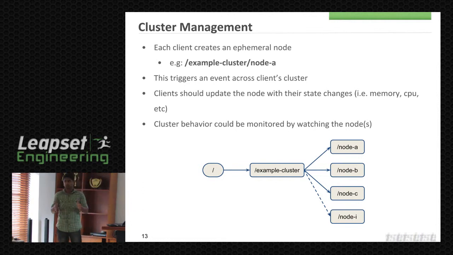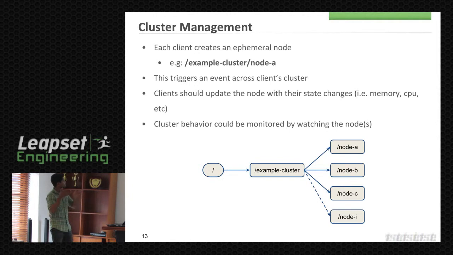There will be a monitoring process of some sort to detect changes in the cluster, to determine how many clients are connected to the cluster, what their statuses are, and so on. It will be watching the example cluster node, and whenever a new node is added, it will get informed and know that a new client is added, so the number of nodes in the cluster has increased. The client will keep updating its node.